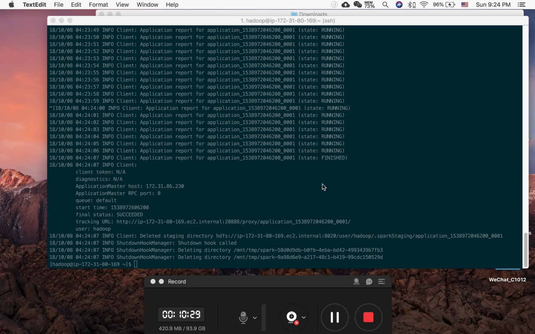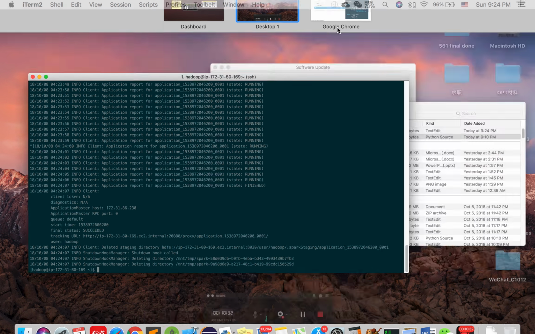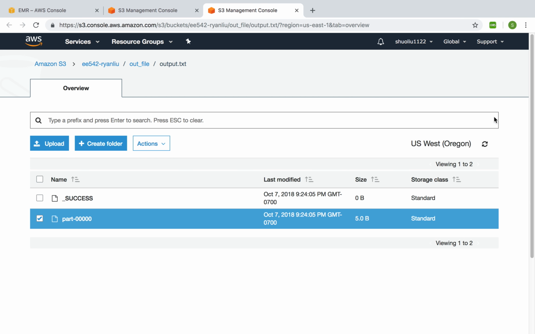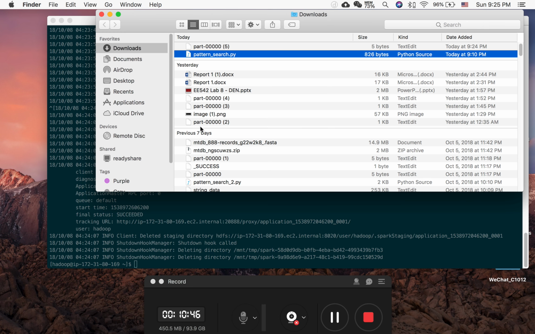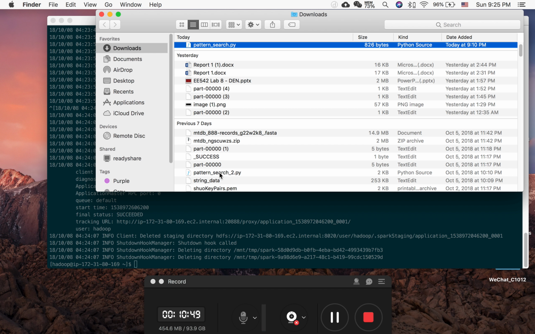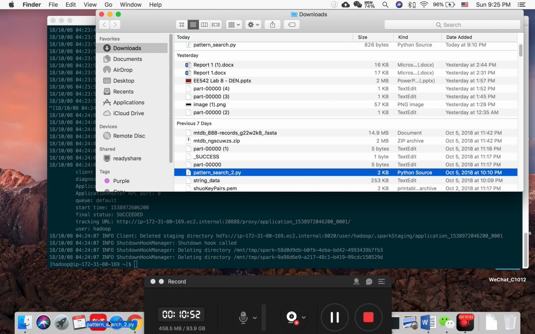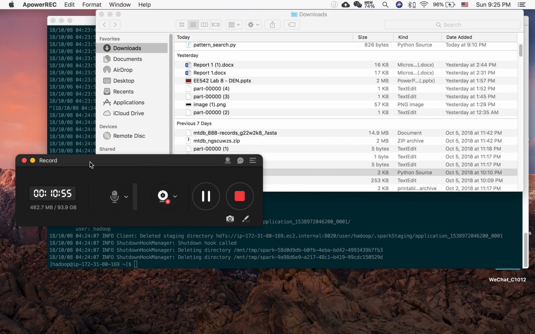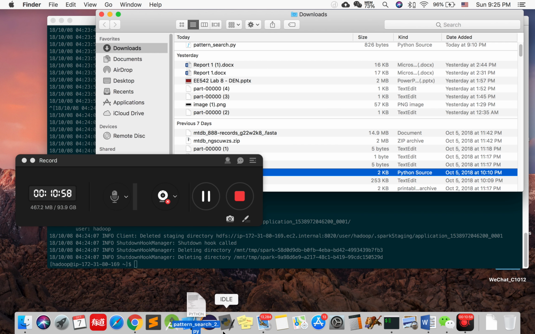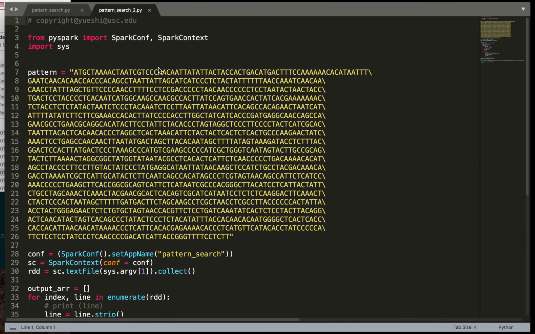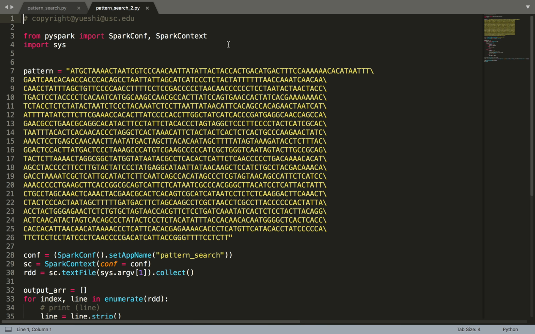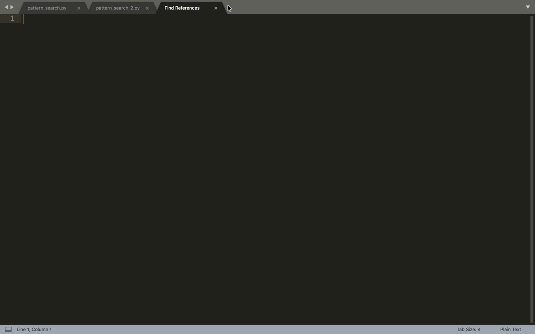And let's go on to work on the second part. First things first, we have to modify the code in order to make it functional for the second part of the assignment. I already have this modified version of the code here. There are basically two major changes. The first one is we're